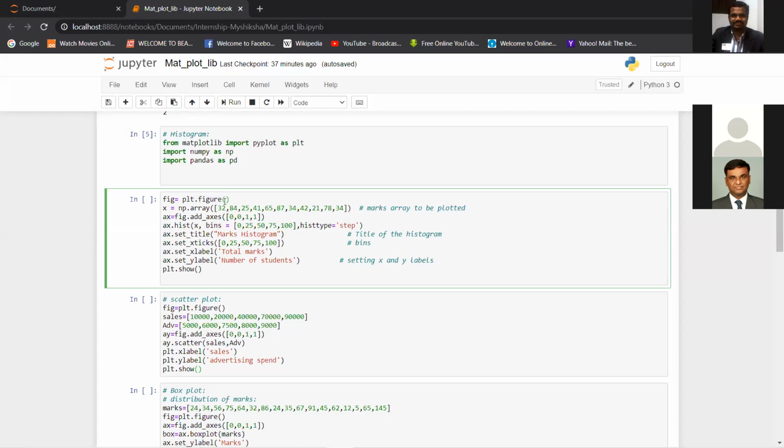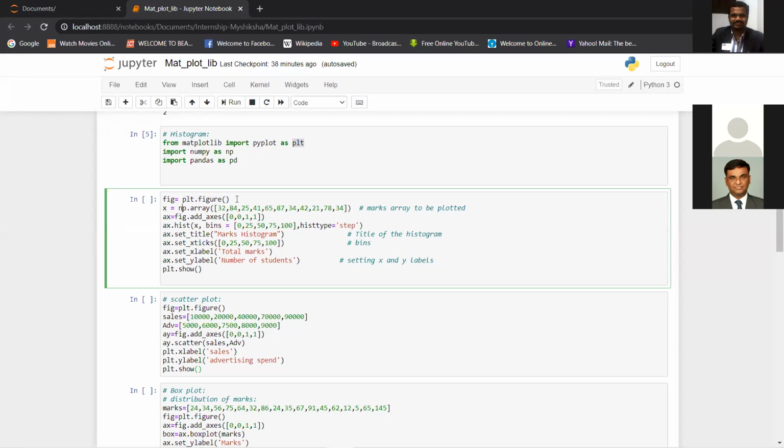Just remember, the figure function creates that blank space where you can create your chart. This is one of the first steps you do. Remember, plt is pyplot, so pyplot.figure is what you use when you are going to use matplotlib.